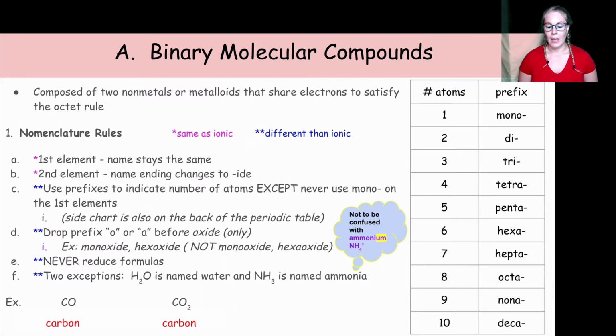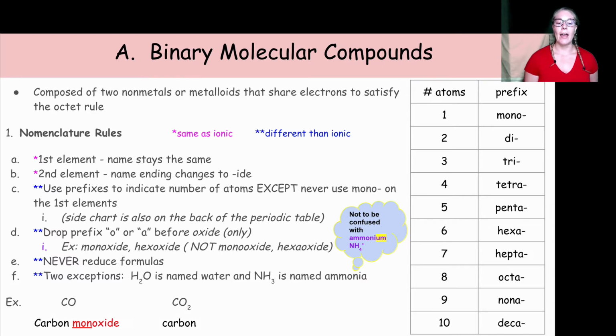Now the first one there on the left, CO, only has 1 O. But it does have O, so we know it's an oxide. We just need to figure out what the prefix is for 1 oxygen. If you look at the right here, mono is 1. So we have monoxide. Remember that we're dropping the O in mono because it's right before oxide.